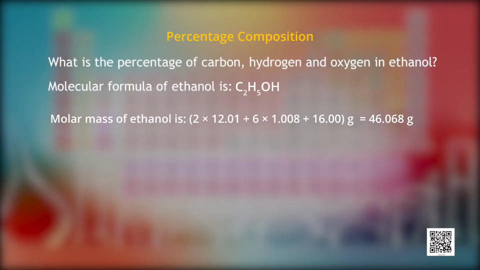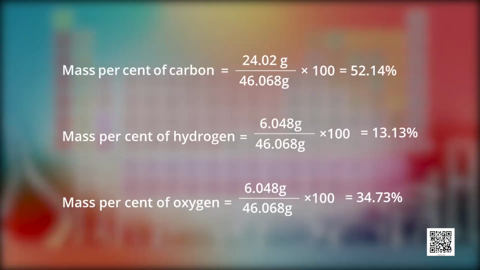Now let us take one more example. What is the percentage of carbon, hydrogen and oxygen in ethanol? First, we will calculate the molar mass of the ethanol. We know that molecular formula of the ethanol is C2H5OH. Molar mass of the ethanol is 2 into 12.01 plus 6 into 1.008 plus 16 gram. It is equal to 46.068 gram. Now for calculating the mass percent of carbon, first we will write the mass of the carbon upon total mass of the compound multiplied by 100 and you will get the answer